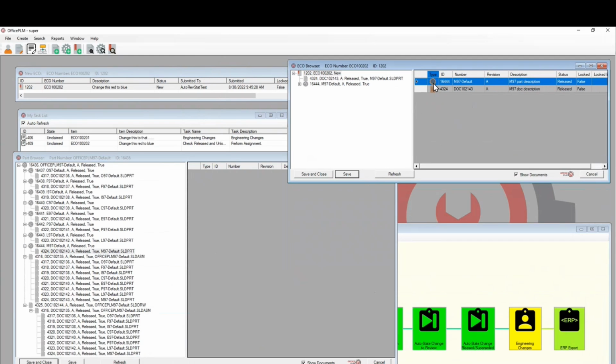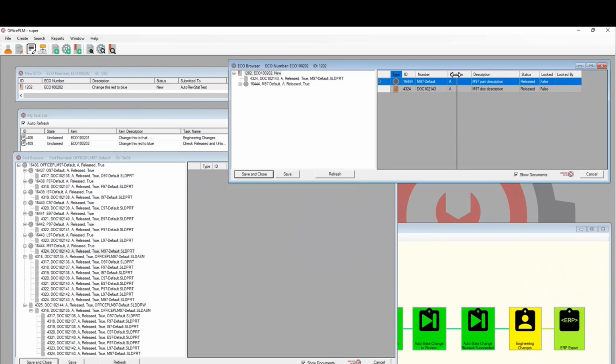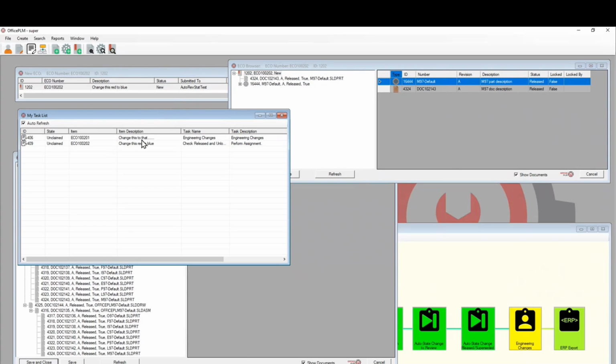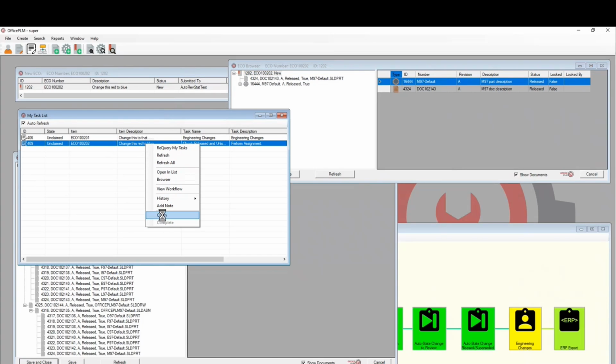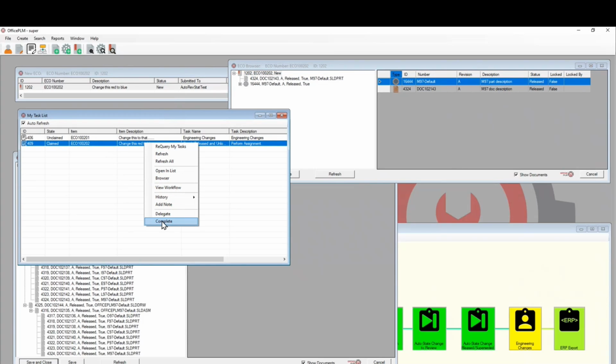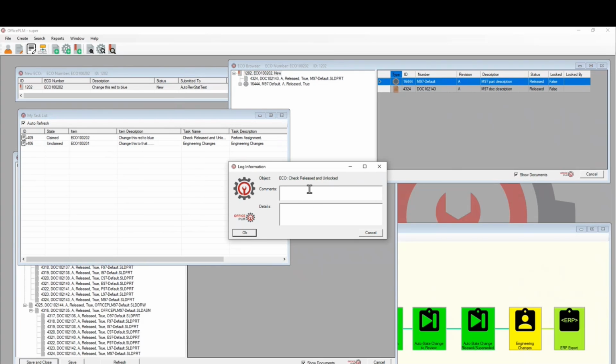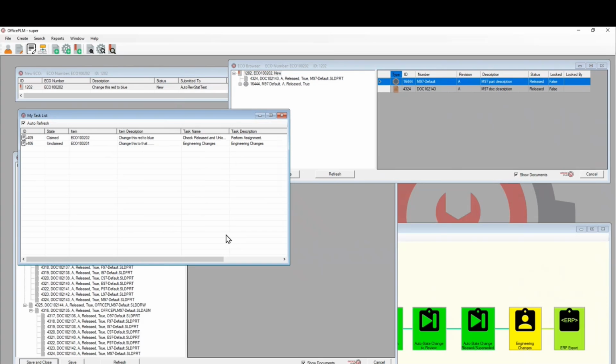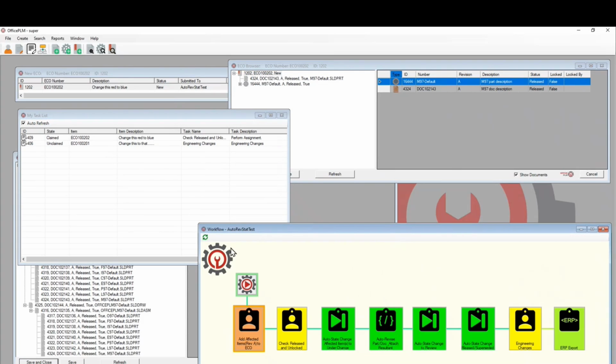And you can see here that these icons represent the part and the document. The part is the BOM component. The document is the CAD document. All right. So now if we look at this, we can say that we're going to claim that task, which we did, and we can say that we have completed it. And we could add comments here and details. We go back and look at our workflow,